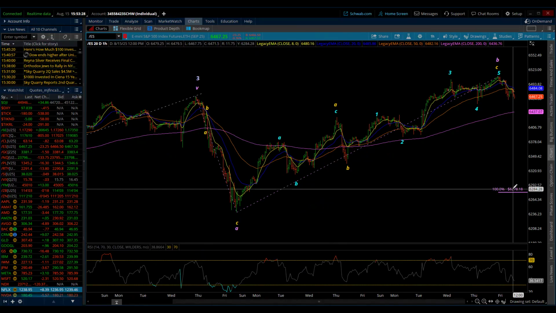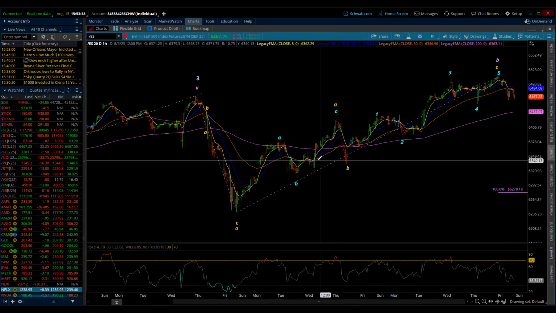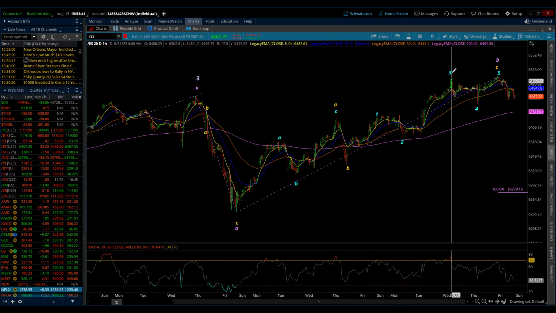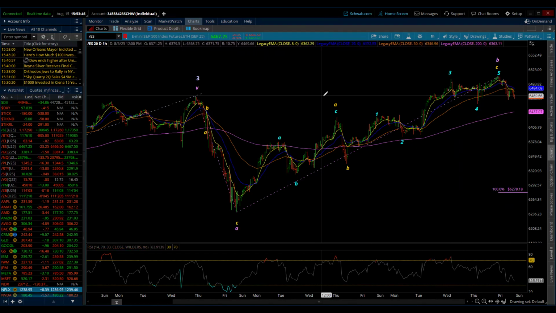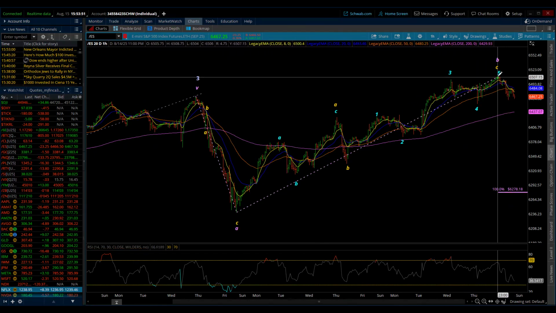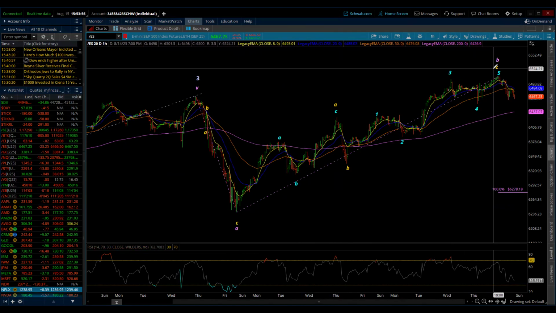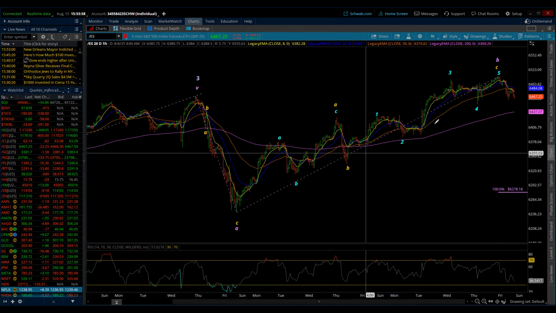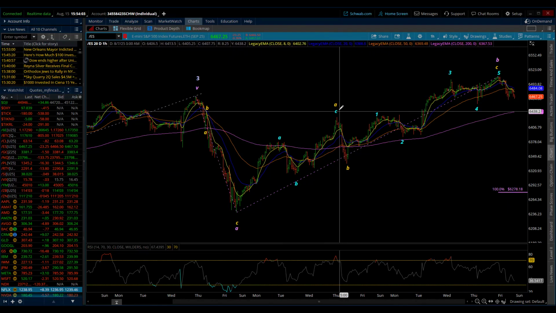And so all C waves must be 5 waves. That's kind of the rule. And so that's what I'm going to be looking for here. I had the possibility that this third wave that I'm marking as the third wave here could have been an ABC all the way up, and then this would have been a larger 4, but that kind of squashed that idea. So again, I'm leaving it as an ABC, whereas in the NASDAQ, it's going to look a lot different. And again, I'll be getting to the NASDAQ when I'm done here. I'll go over and do the NASDAQ as well.